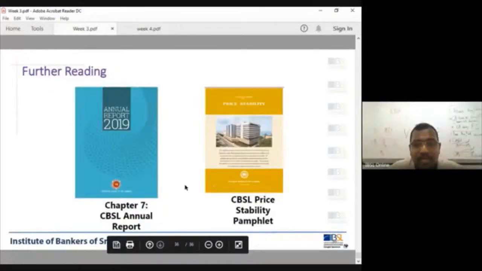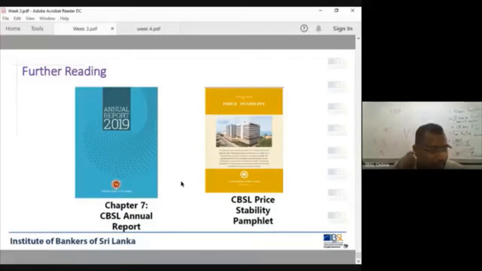And as I said, again, please go through chapter 7 of the annual report. Read the entire money part. Then you will get thorough understanding about how money is behaving, what are the factors behind, how the money has changed during the last few years. That is important. And also the important factors like private sector credit, how the credit variable has behaved. If you are working in a bank, in a financial institution, or even if you are a student, it's really important to have some idea about these broad variables.